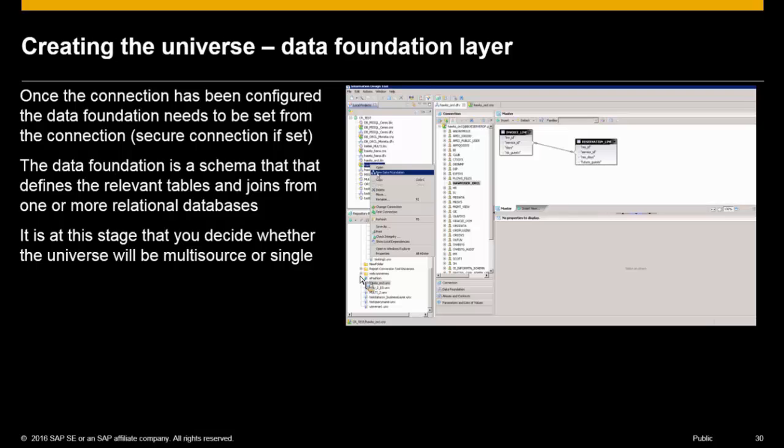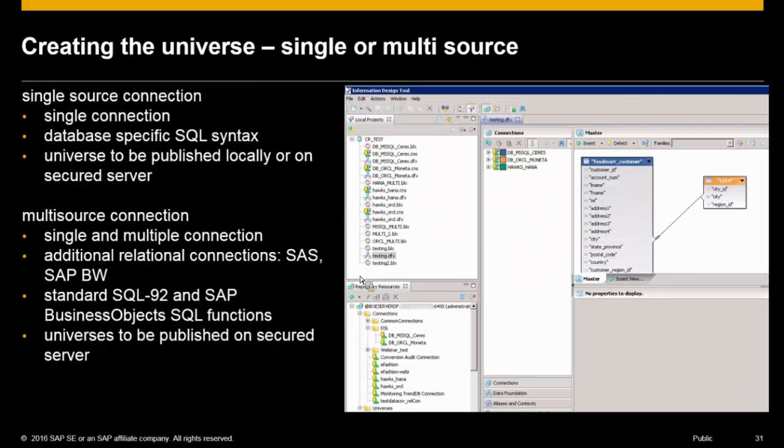So you can take from a number of connections and you can take a number of tables from each of these connections into your data foundation and eventually the full universe. So in a few seconds I explain a little bit more about